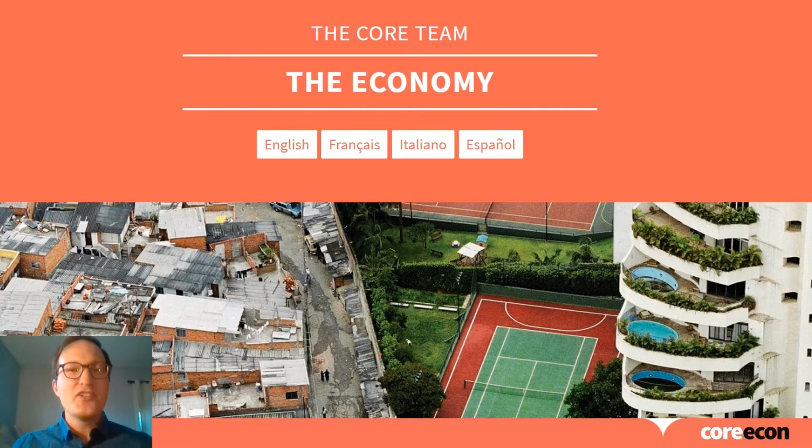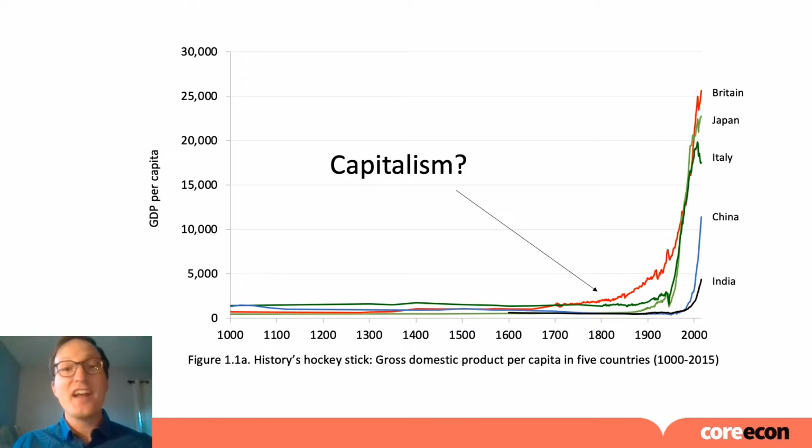What I love about teaching microeconomics with The Economy is that it starts the semester by exposing students to these hockey stick figures showing how GDP per capita has changed over the last 1,000 years. So my students immediately see that there were hundreds of years, centuries of economic stagnation before the sort of growth we've become accustomed to over the last century or two.